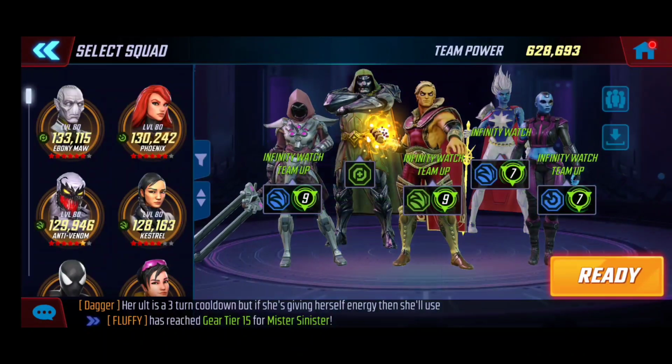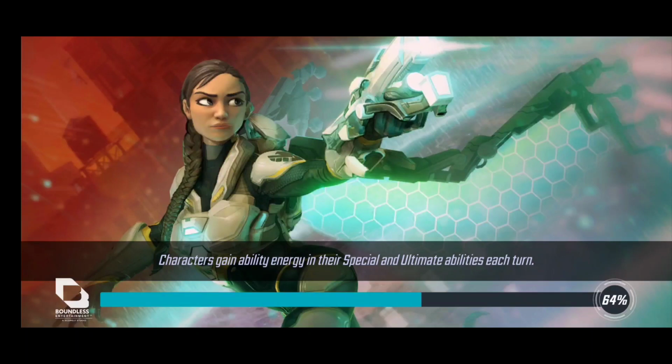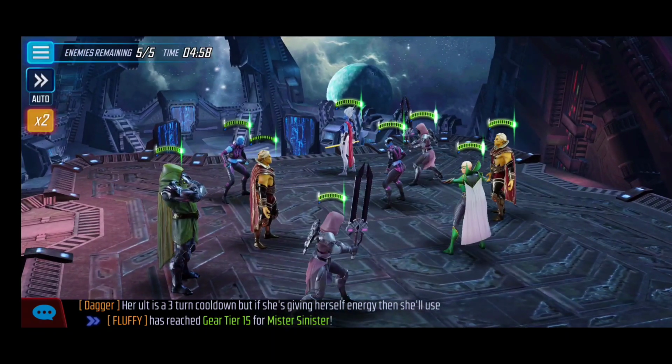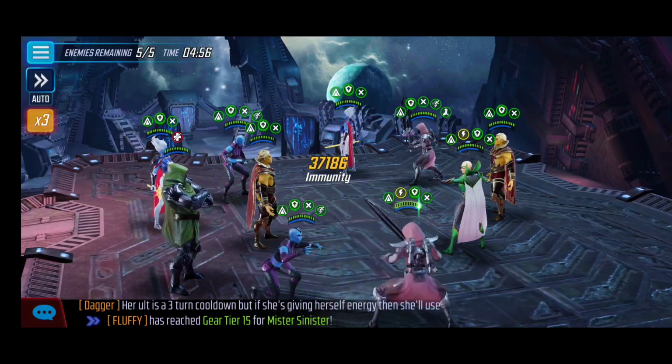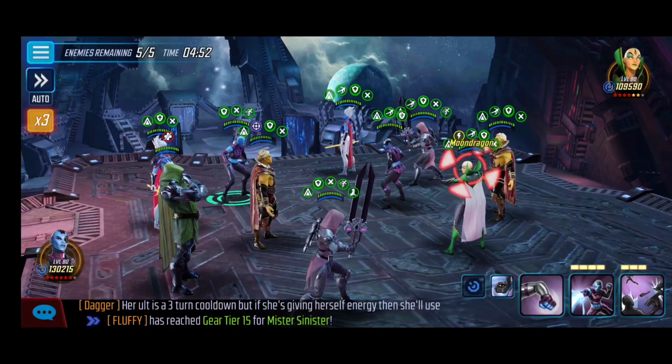And again, in this bracket, you're going to be up against a lot of Infinity Watch characters. So very rarely will you see anybody else, to be honest. That's why it makes it really quite advantageous for us, because as long as we know what the limits of our team is, you can get some pretty straightforward wins, as long as you work your way up. So starting off, you guys,